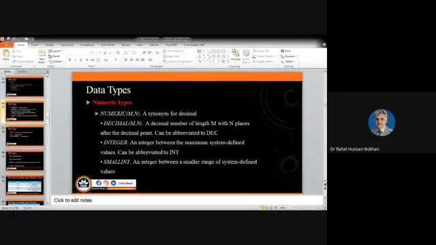We have numeric data types: numeric, decimal, integer, small integer. You can get more concept about that when you use these data types. For the time being, I will discuss each of them and let you know the maximum value and the minimum value you can use for that data type.